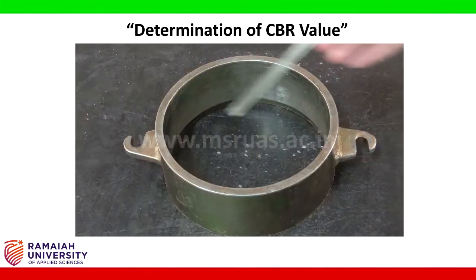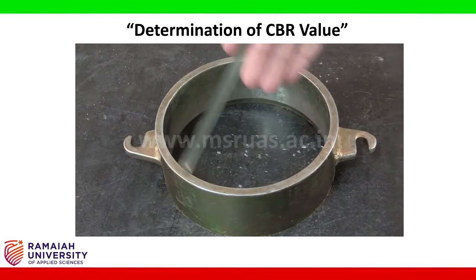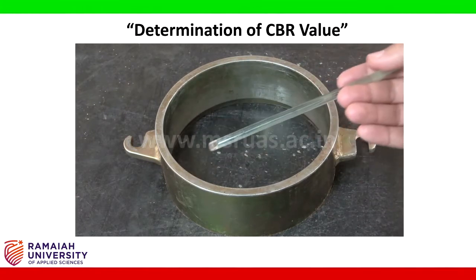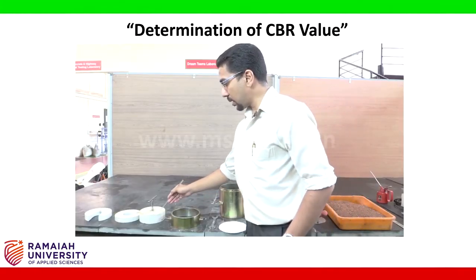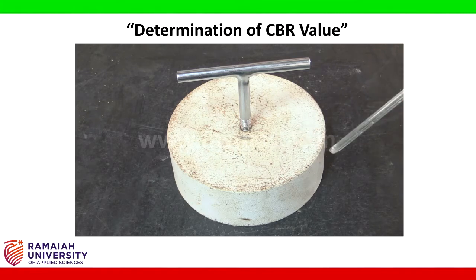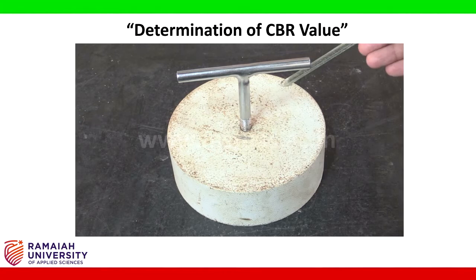Collar of approximately 150 mm diameter, which is required to be placed on the mold during the casting process to accommodate the additional soil during compaction. Spacer disc with handle that is required to be placed in the mold during the compaction process to have a space as a free board of approximate height 47.7 mm, and the diameter of this would be approximately 148 mm. This would be the handle required to lift the spacer disc.